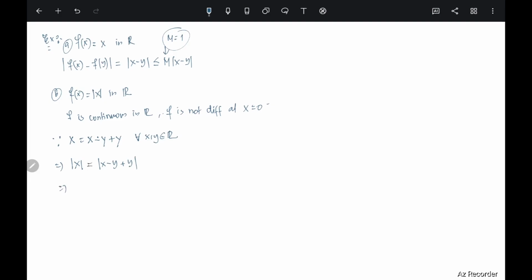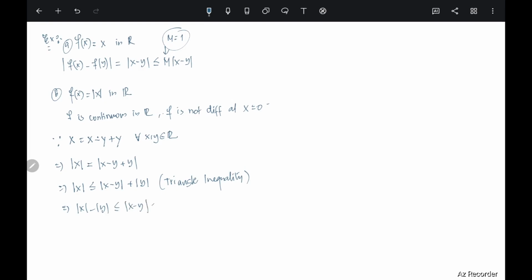This is the modulus function, right? So you see, then |x| can be written as less than or equal to |x + y| + |y|, right? So this is the triangle inequality. Of course, the triangle inequality holds in R, okay. And then you can of course write that |x| - |y| is less than or equal to